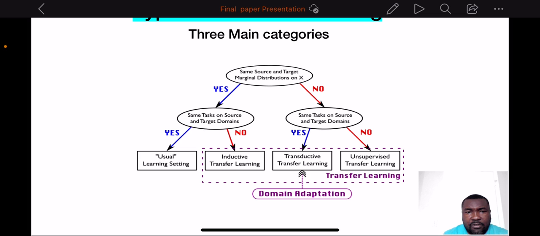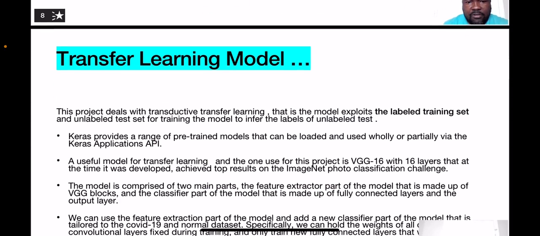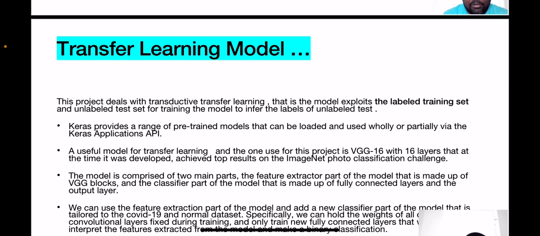Yet the task on the source domain might be the same as the task on the target domain. So that is transductive transfer learning, and that's the object of this project. Just to reiterate, this project deals with transductive transfer learning. That is, the model exploits the labeled train set and unlabeled test set to train the model to infer the